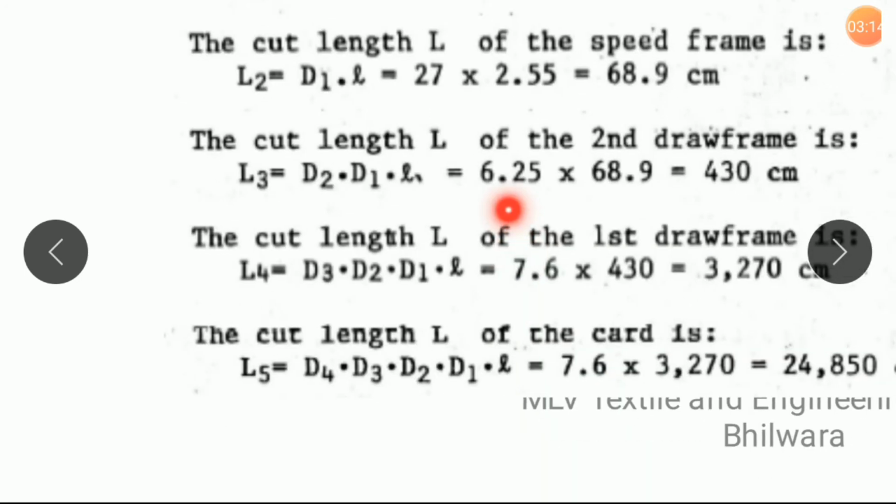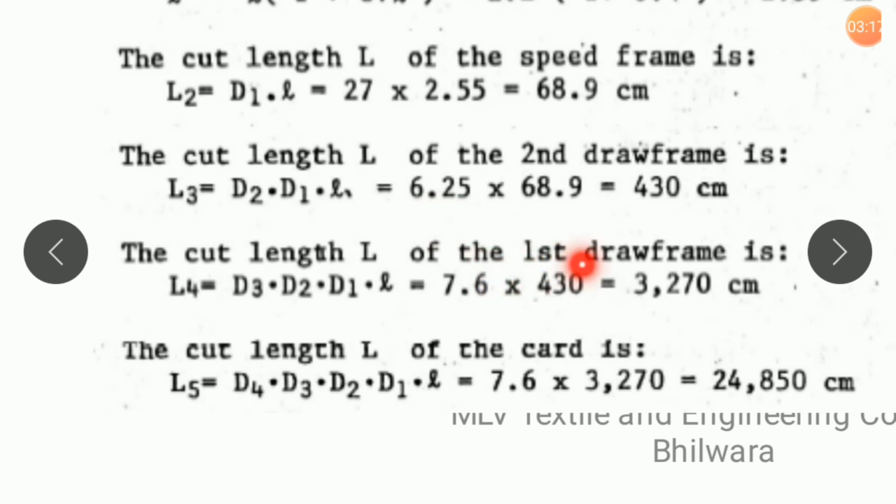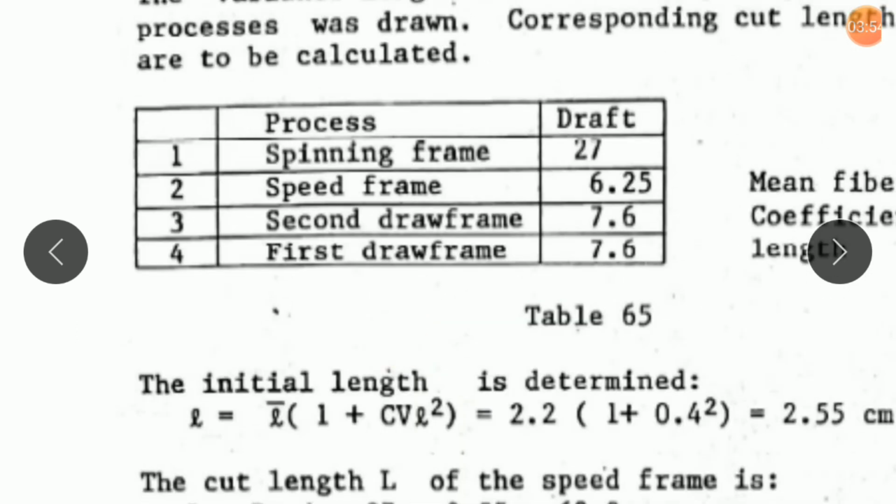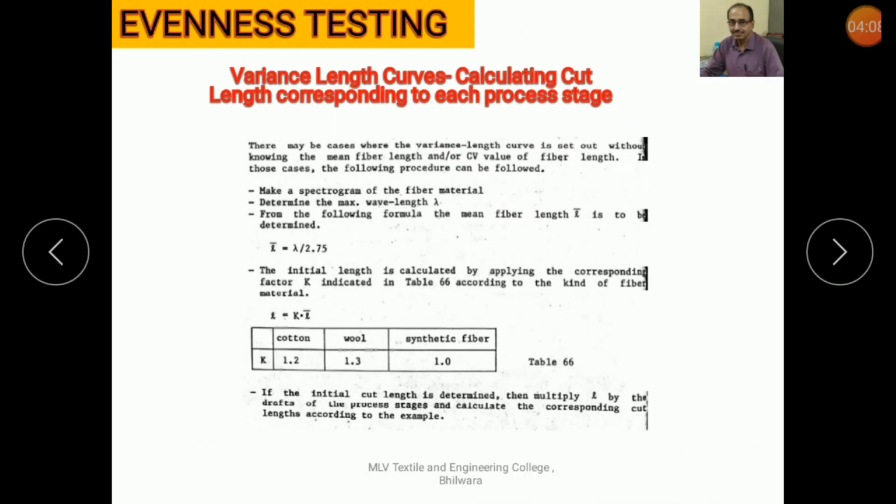Similarly, the cut length corresponding to first draw frame, so putting the value of all draft and L 2.55 centimeters, it works out to be a certain value. So in this way it is deviating, means instead of being a straight line, where the variance length curve deviates corresponding to that, that is the process which is causing problem, and hence accordingly step